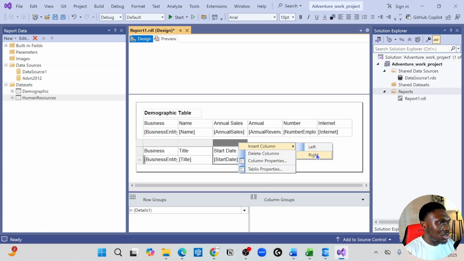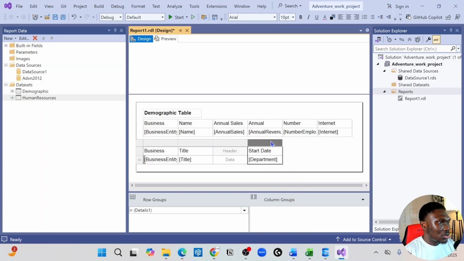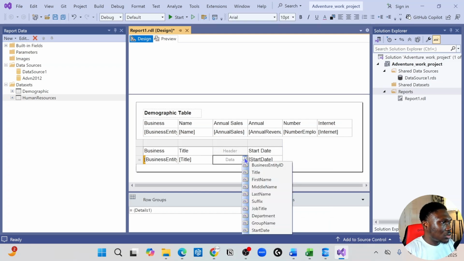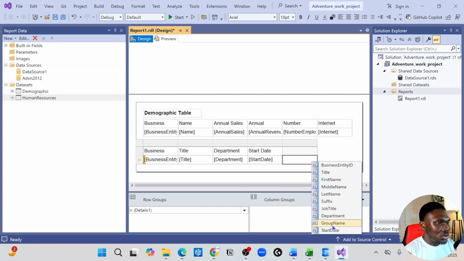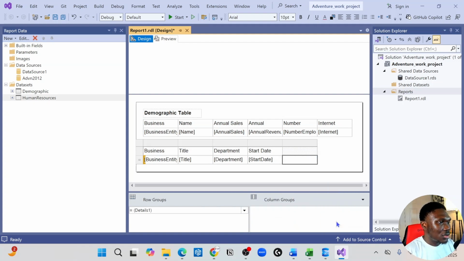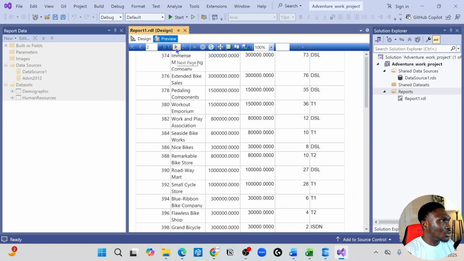Just going to insert left, right. Just choose department. So not what I want. So insert. So start dates. Just choose department. Insert. And we choose something like group name. Let's see. Let's make it equal. Is that right? And we choose first name. This is not supposed to be the right order, but so if we see and we scroll to the next,